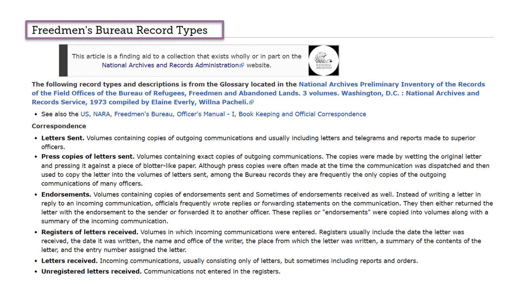The Bureau of Refugees, Freedmen, and Abandoned Lands, often called the Freedmen's Bureau, was created at the end of the Civil War to help newly freed enslaved persons, called freedmen, and refugees. It supervised relief efforts, established 4,300 schools, opened 100 new hospitals, distributed food and clothing,